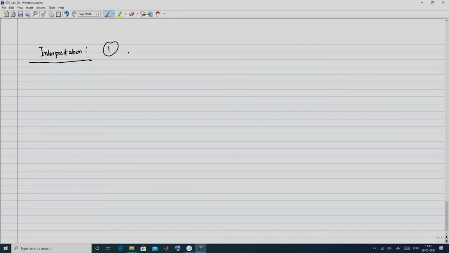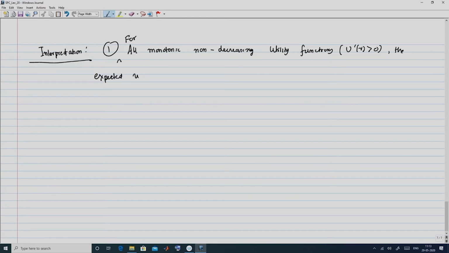So, the first interpretation is the following, that for all monotonic non-decreasing utility functions, that means where we have u prime of r greater than 0, the expected utility from A is no less than from B